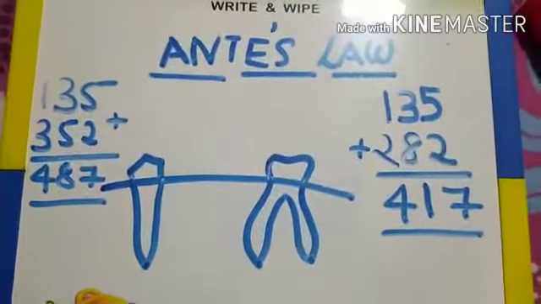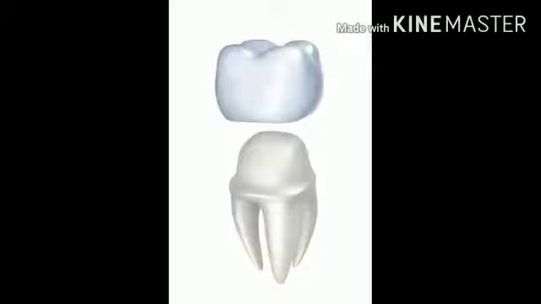So I hope we are very thorough with this concept. When the total root surface area of the abutment tooth is equal to or greater than the one which we are going to replace, that means the prosthesis will be able to tolerate the occlusal forces well. Whereas when the root surface area of the abutment tooth becomes less than the one which we are going to replace, that means the entire occlusal forces come onto the prosthesis, which will cause a pressure on the periodontal ligament and will lead to the fracture or bending of the prosthesis and a very poor prognosis.